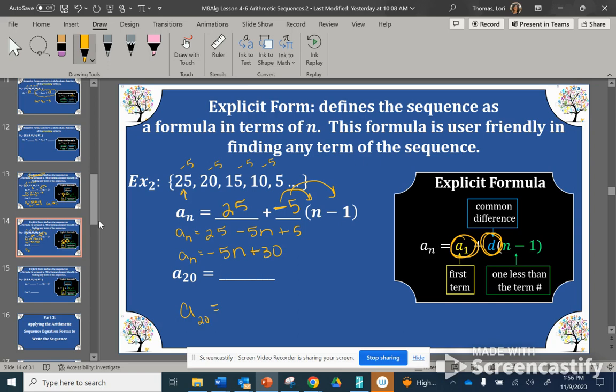So the output of the 20th term is going to be 20 times negative 5 plus 30. So the 20th term is going to be negative 70. So if I kept subtracting 5 on the 20th time, I would